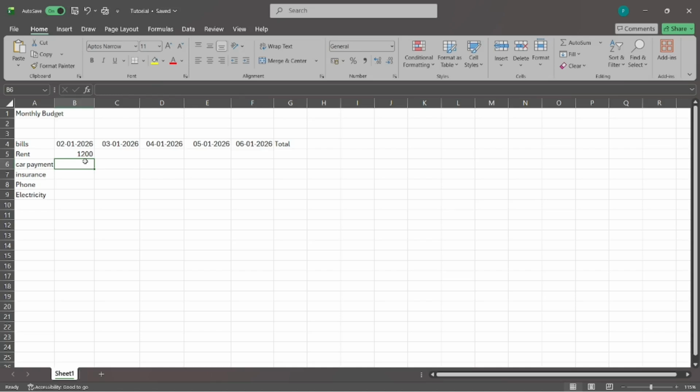In the next cell, enter 450 for the car payment. Continue entering values for the remaining bills. For example, you might enter 700 for insurance, 95 for phone, and 150 for electricity. These numbers are only examples, so you may enter your own values if you would like to create a realistic personal